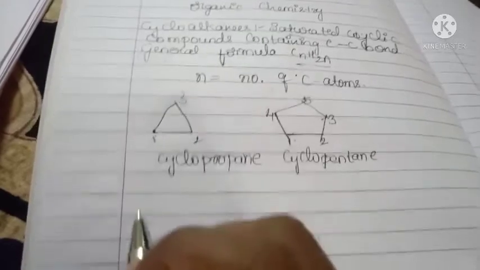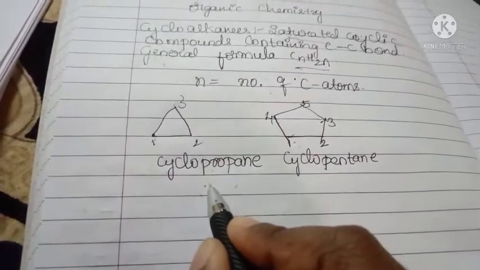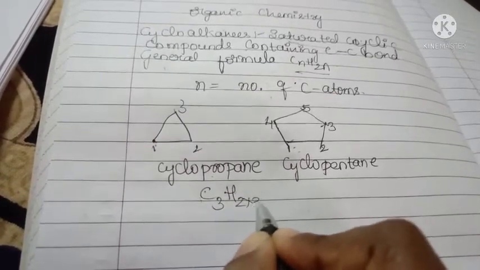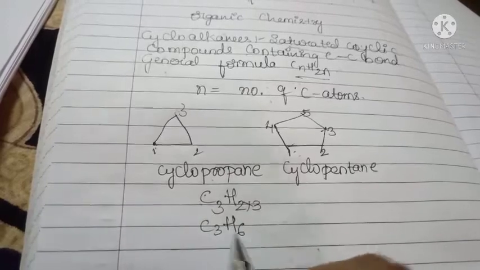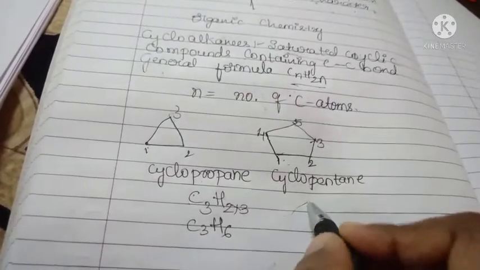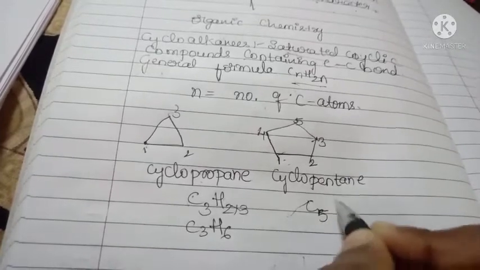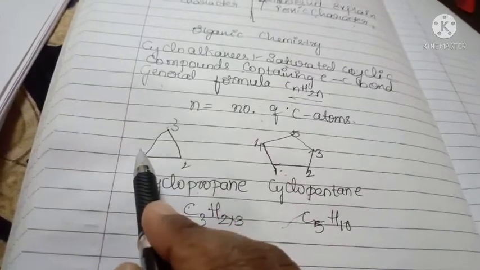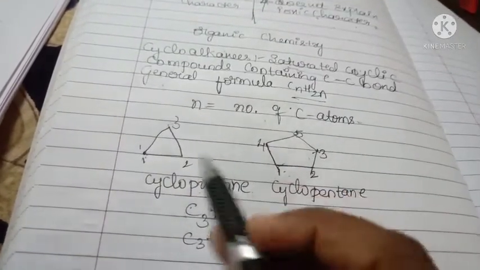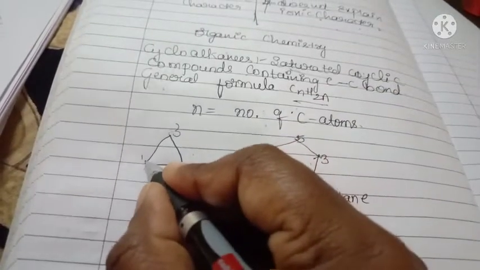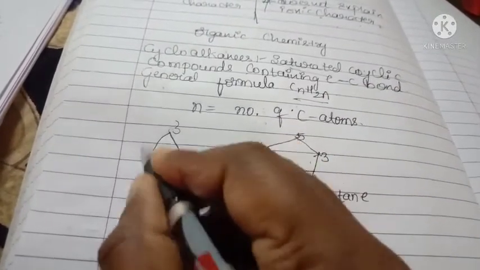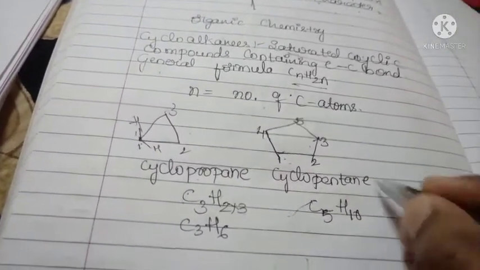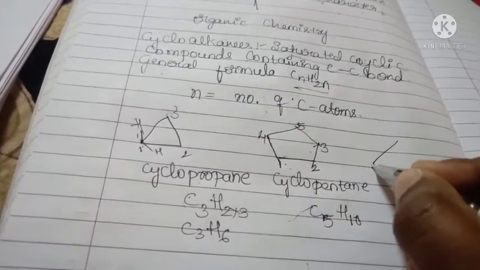So then you have to calculate the number of hydrogen atoms also. If there are 3 carbon atoms, then 2 into 3 is equal to C3H6. For cyclopentane, C5H10, 2 into 5 is equal to 10. In that, the hydrogen count should be 10 atoms. Here 6 atoms. Here for 1 carbon atom there should be 2 hydrogen atoms. You have to learn in your first year classes the bond line structural formula. When the terminal end is present, that is called a CH3.